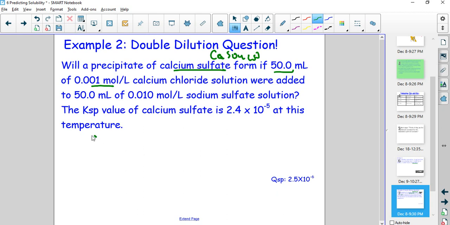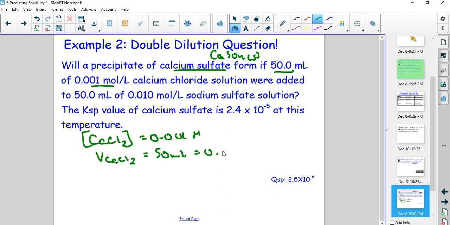Okay, so we have something going on here. We have calcium chloride. We know the concentration, and we have the volume of calcium chloride. I'm missing something here. The volume we know of calcium chloride to be 50 mLs. Convert that, might as well, to liters. So that's happening. Right, so if that calcium chloride solution were added to sodium sulfate,